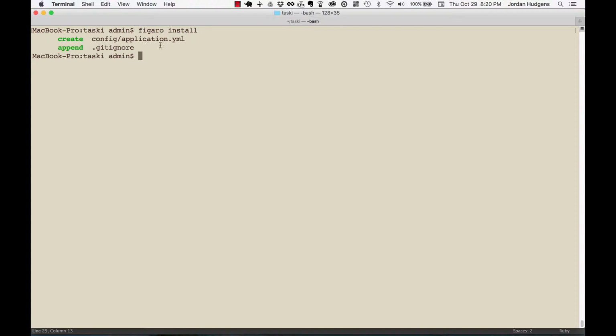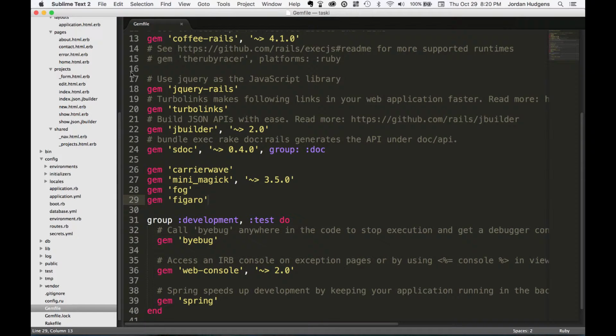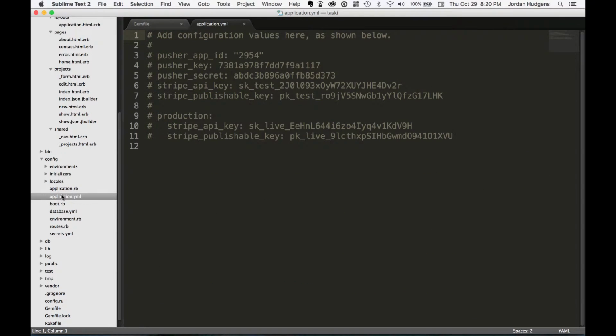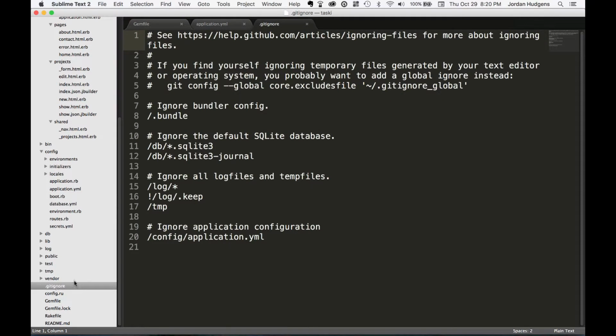But we're going to go into this file right here, so go to config, and you can see not application.rb, but application.yml. And you can also see that it appended the .gitignore file, saying anything in this file, do not send that up to GitHub, because you do not want people